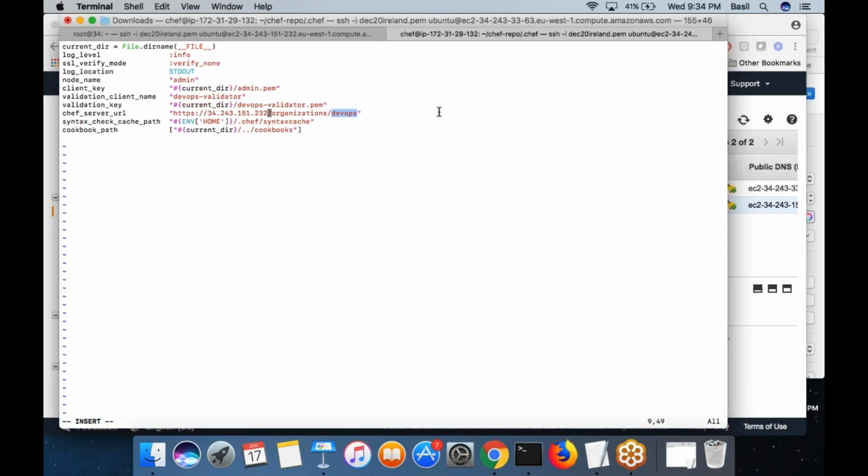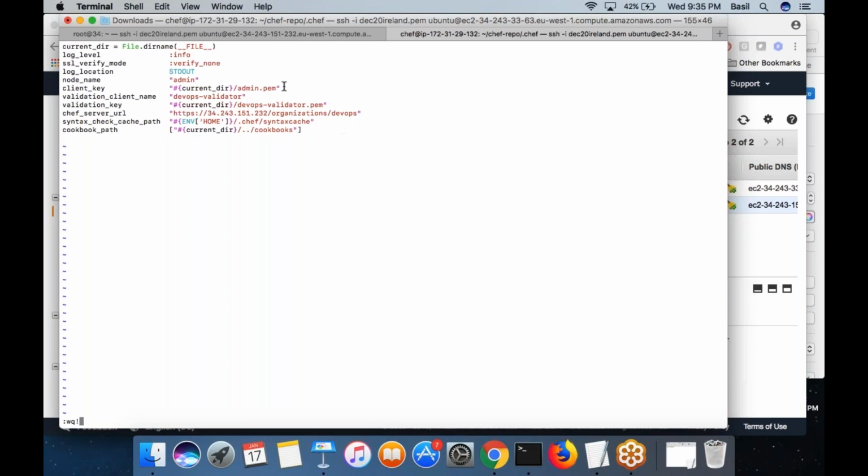I told you, different organizations in chef are nothing but different projects. One guy would be working on one project, the other guy would be working on a different project. So based on this URL, the chef server would understand which organization this guy belongs to. Whenever some DevOps engineer makes some change into the chef server, based on the URL, the chef server would decide which organization it wants to make the changes in. Right? So these are the things you need to put in knife.rb.